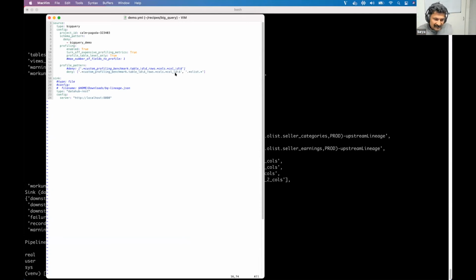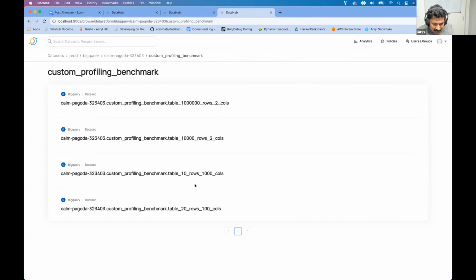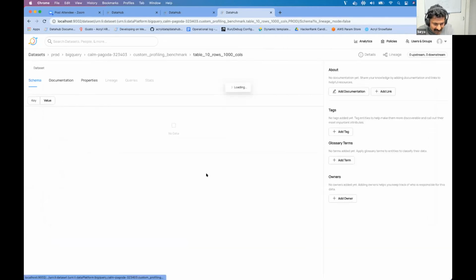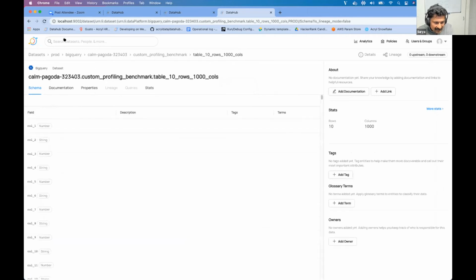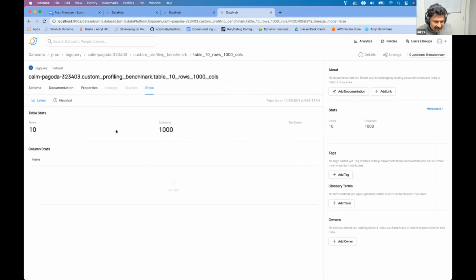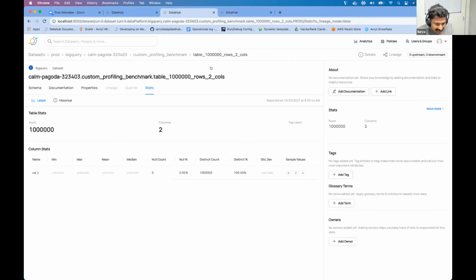We can see that actually quickly. If you see what got profiled for this one, I don't remember what settings. Okay, one column. That's what we see.